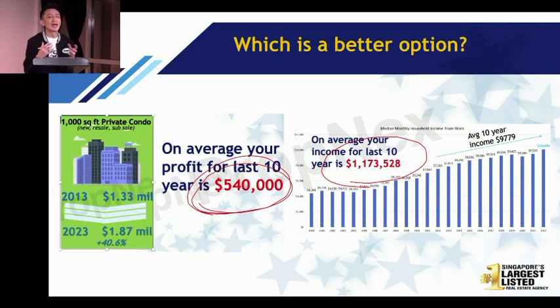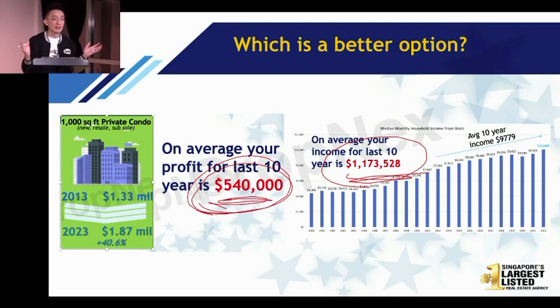But how can you actually not spend money? Every time your income comes in, eventually what will happen? Eventually it's all gone. So the only way to do so is to learn how to use your income to help you build your capital. Because why? This is real money. Because when you sell the property away, you get back $500,000 after the last 10 years. But this one, you don't see the real money. Because why? You take in, you take in and you spend away. So eventually, do you see real money? You don't. And that is the scary part.